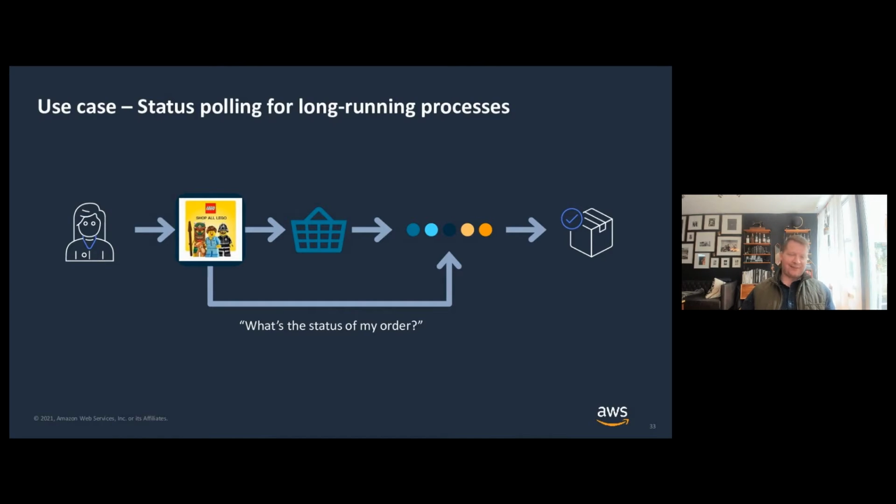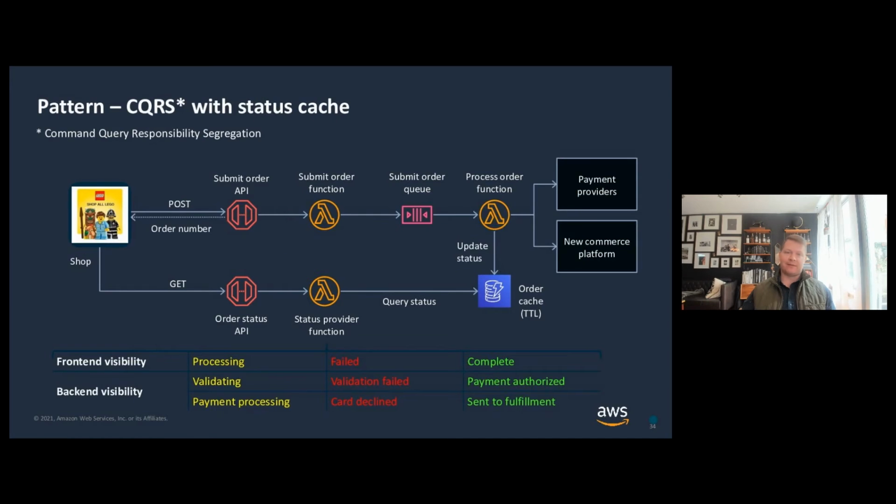So the next case is something's in your shopping cart, and you want to know the status of your order. So this is a bit more complicated, and this is a CQRS pattern, or a command query response segregation pattern, which is not new to serverless. This particular pattern has been around for a long time, and in fact, you'll see that a lot of patterns that you implement on top of serverless have been around for quite some time. But let's walk in order of how it works here from left to right across the top.